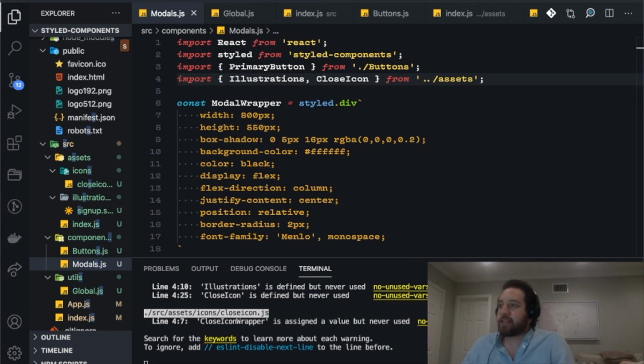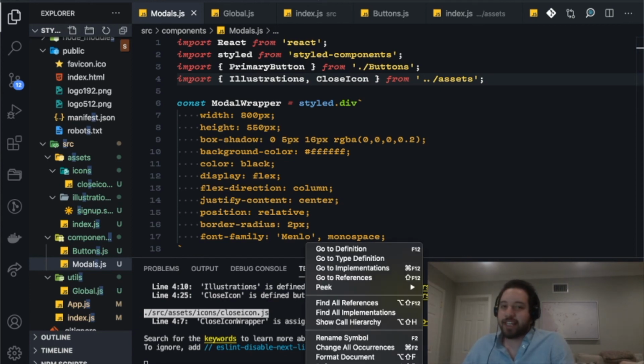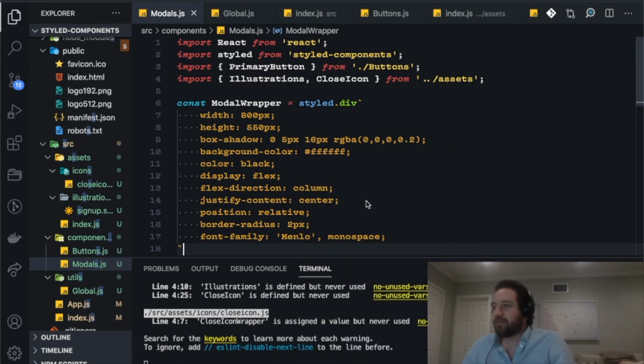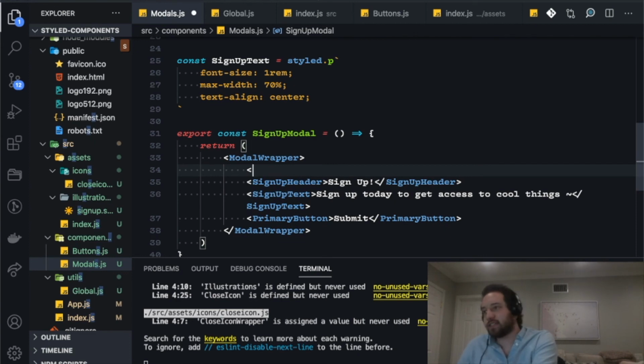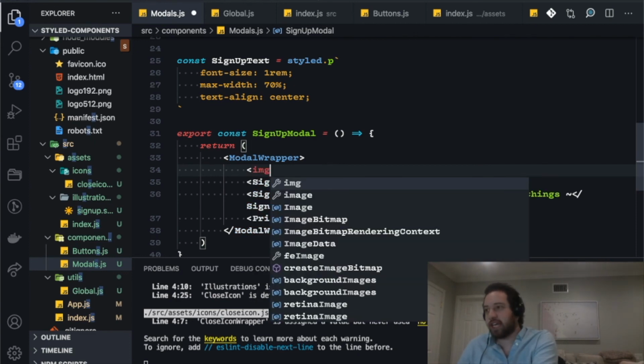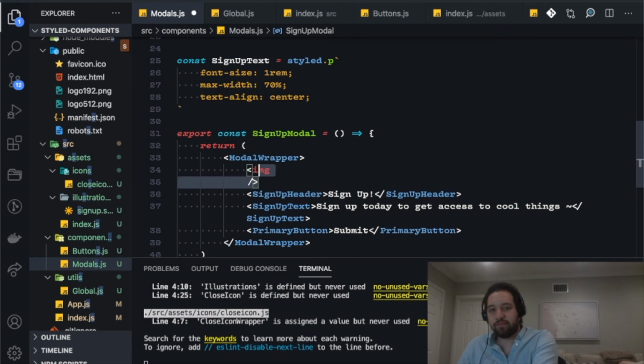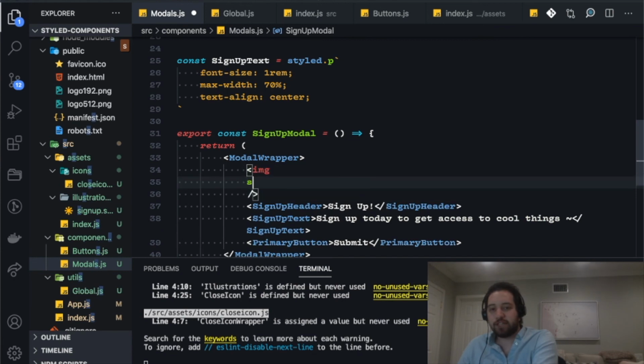Okay, so let's import our assets into Modal.js and render them. First, let's just start with our image. This will be above our header and our text. So we'll just have an image tag here. And we will give it that source property equal to some JavaScript,